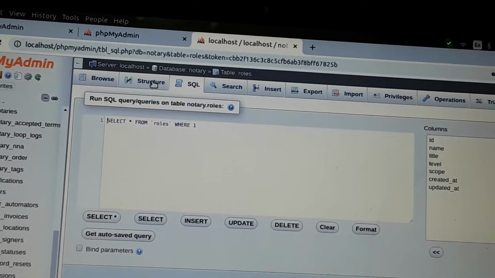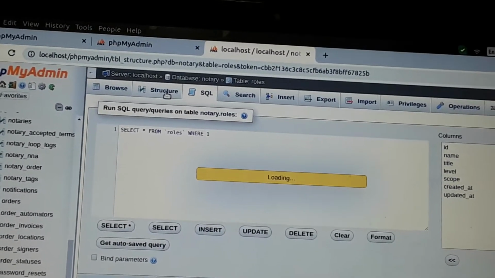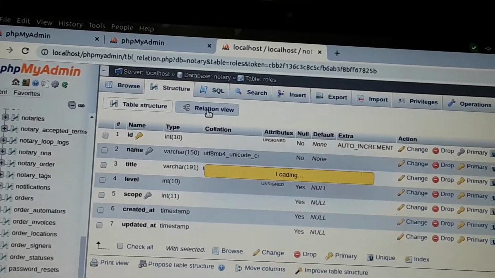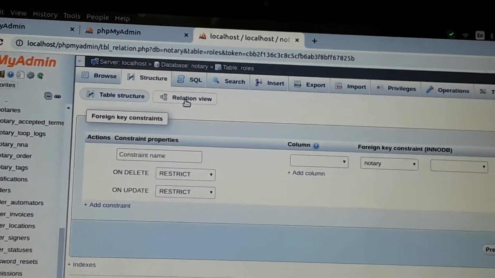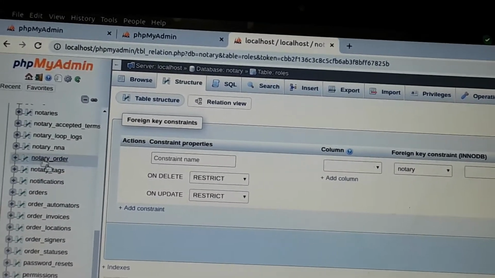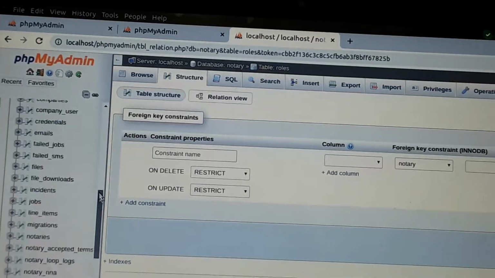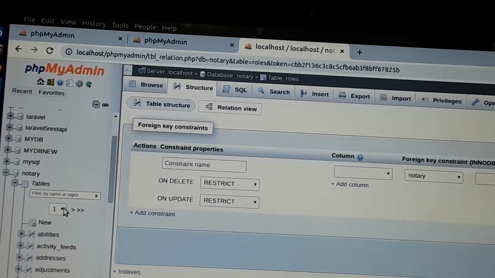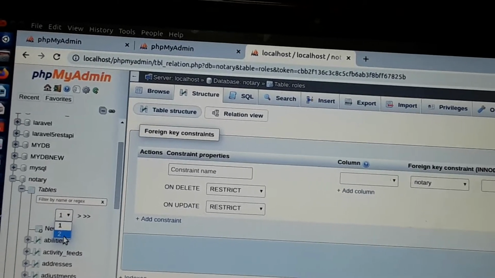On the structure, we have another option, that is the relation view. Relation view means it links up with the foreign key constraints. I will show how it comes. Click on this one.